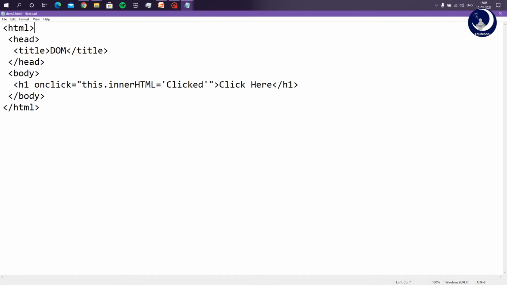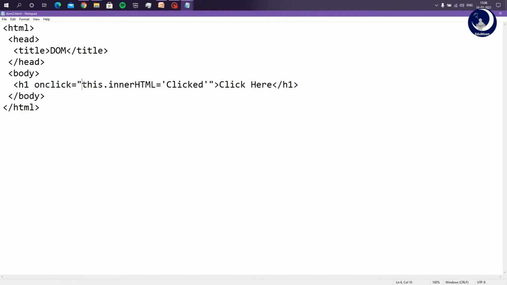This is the second example where the body section consists of a header called click here. When I click on it, it should change its content to clicked. So without using a script, I have used just a small thing called the onclick attribute of h1, and I have set its value to this.innerHTML equal to clicked.